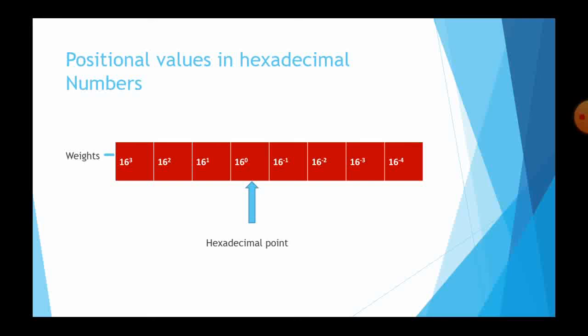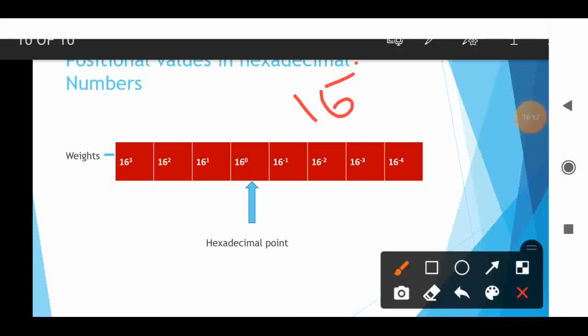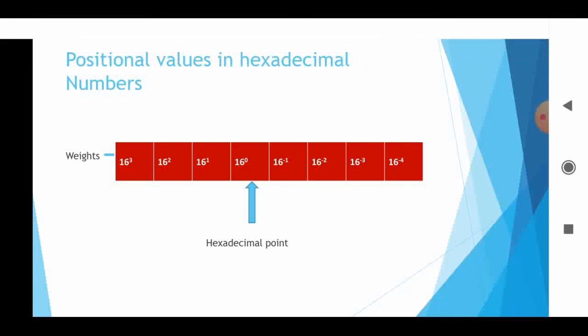How can you represent the hexadecimal point? After that point, you start with base value 16 with a negative power, minus 1. Before the point, you start with base value 16 power 0, a positive value. So what are the number systems we have seen? The decimal number system has base value 10. The binary number system has base value 2. The octal number system has base 8 with digits 0 to 7. Hexadecimal is base 16, with values 0 to 9 and letters A to F.